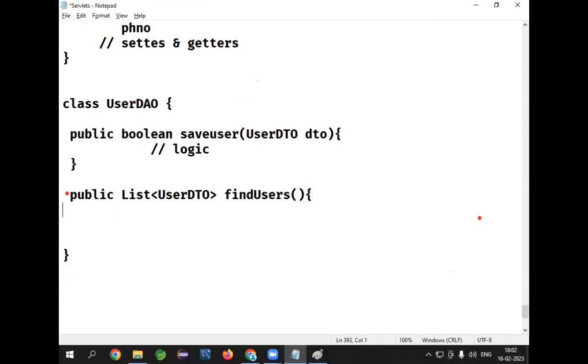Find users. Some methods take parameters. Why a parameter here? It's not required. I want to retrieve all the records. I am not giving anything to the application, I'm just clicking on view users. When I click on view users, it has to retrieve all the records from the table and display